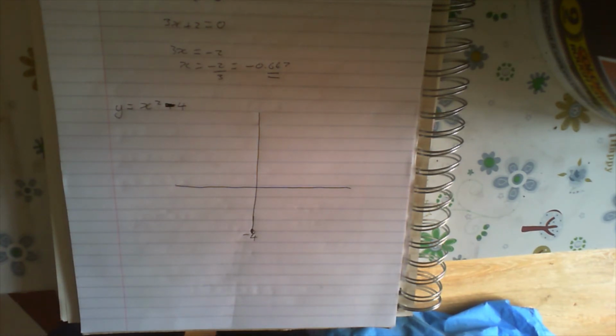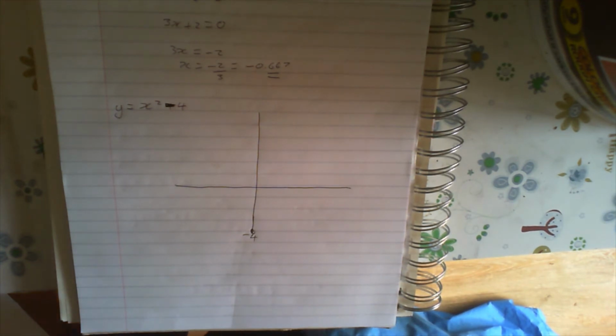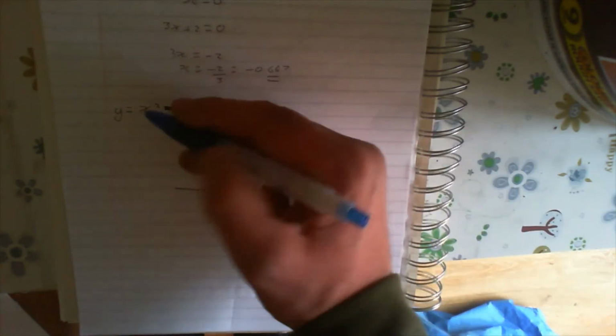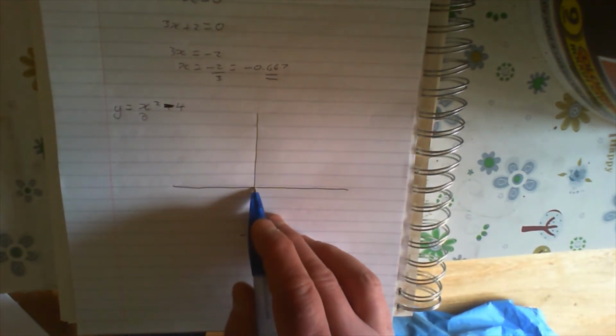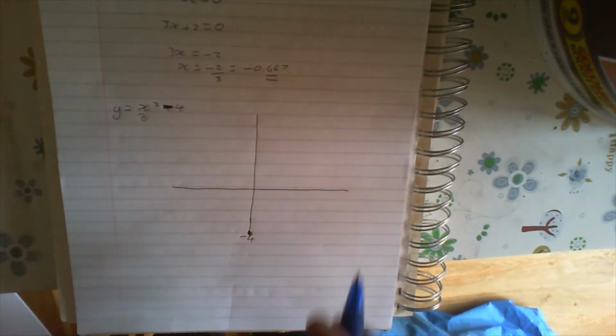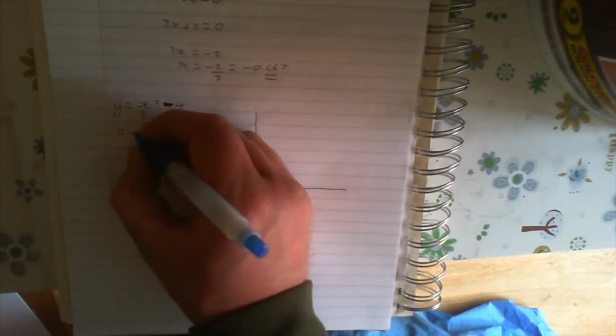We've got y equals x squared minus 4. Now we know the equation will cut the y-axis when x equals 0, and in the same way, when y equals 0 we can find where it cuts the x-axis. So if we substitute 0 in, at this point here where x is 0, y is going to equal minus 4. Now the next thing we're going to do is find out where it cuts the x-axis. If we make y equals 0, that means 0 equals x squared minus 4,